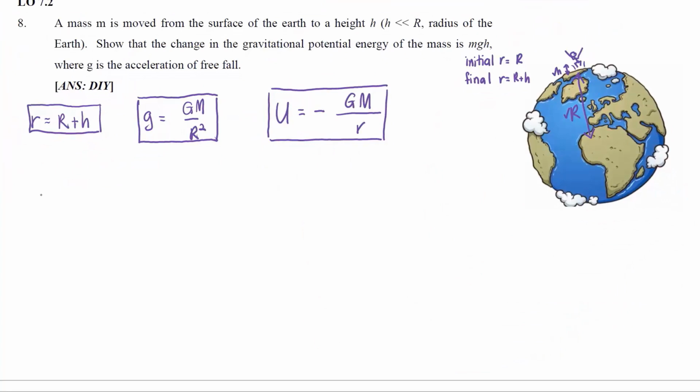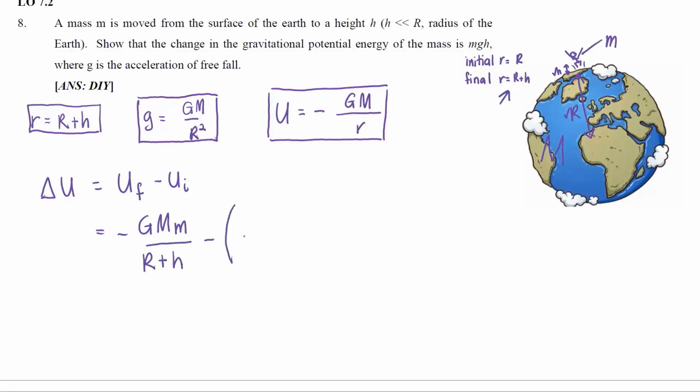Difference in gravitational potential energy, delta U equals U final minus U initial. G times capital M, M is the mass of the Earth, small m is your mass. The final small r is capital R plus h, minus negative GMm over our R, capital R, equals to,